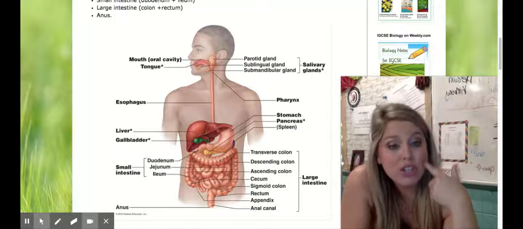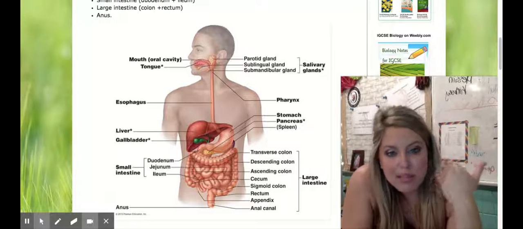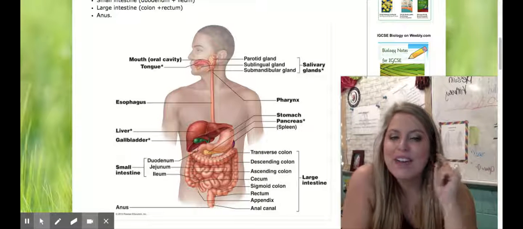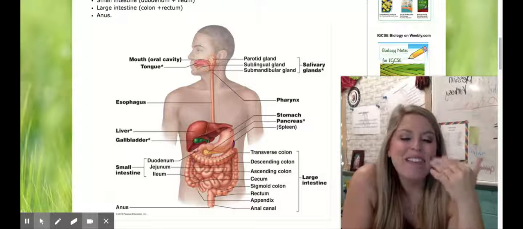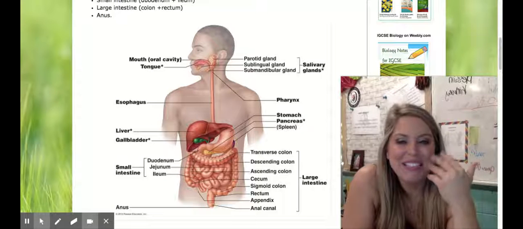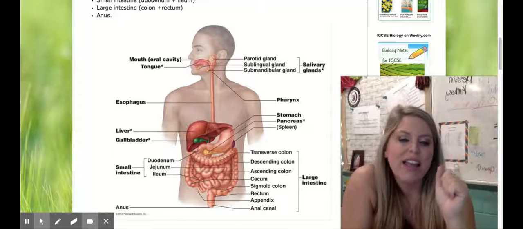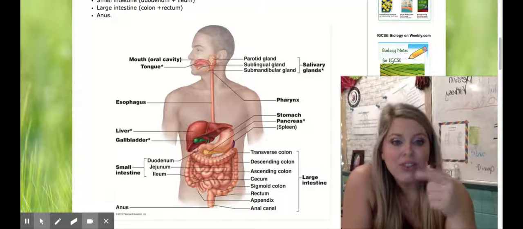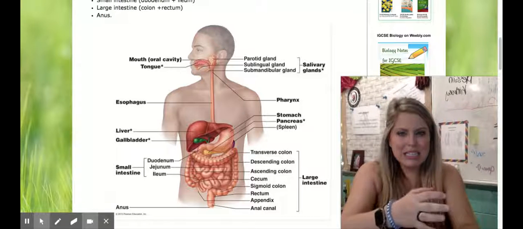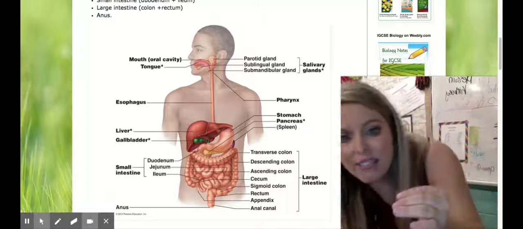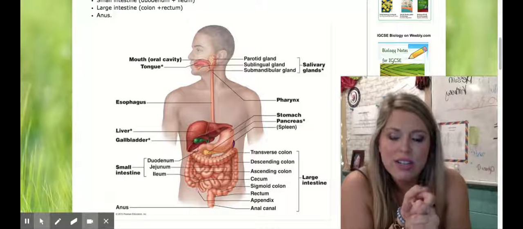So your mouth can chew with your teeth. That's mechanical digestion. And then your saliva mixes with that food that you're eating, also known once you start chewing it up as the bolus. So once that saliva mixes with the food, we call it the bolus. And the saliva actually has amylase enzyme, which we'll learn about in the next video. It's going to start to break down that food. You're going to swallow it. The process of which the food gets squeezed down the pharynx, esophagus, into the stomach is called peristalsis. Make sure you write that definition down in your notes today.